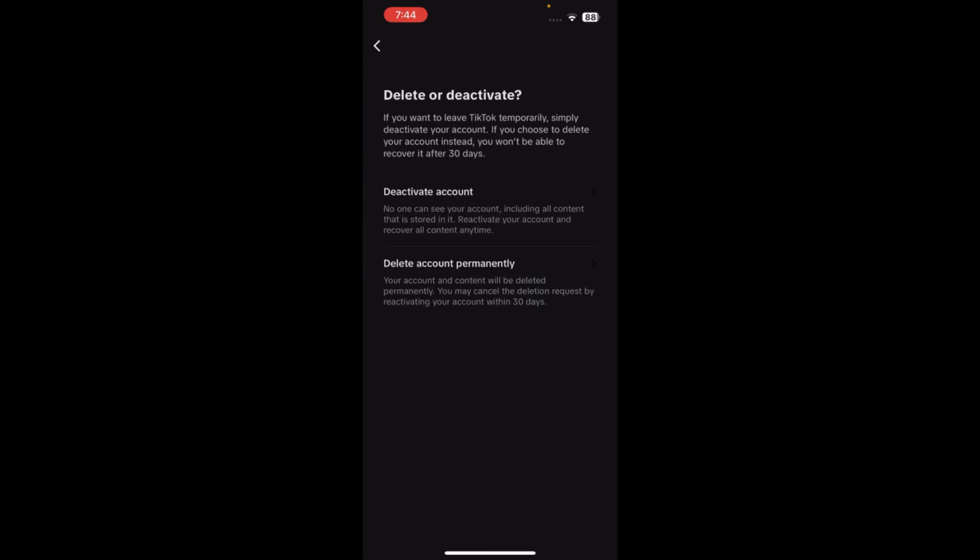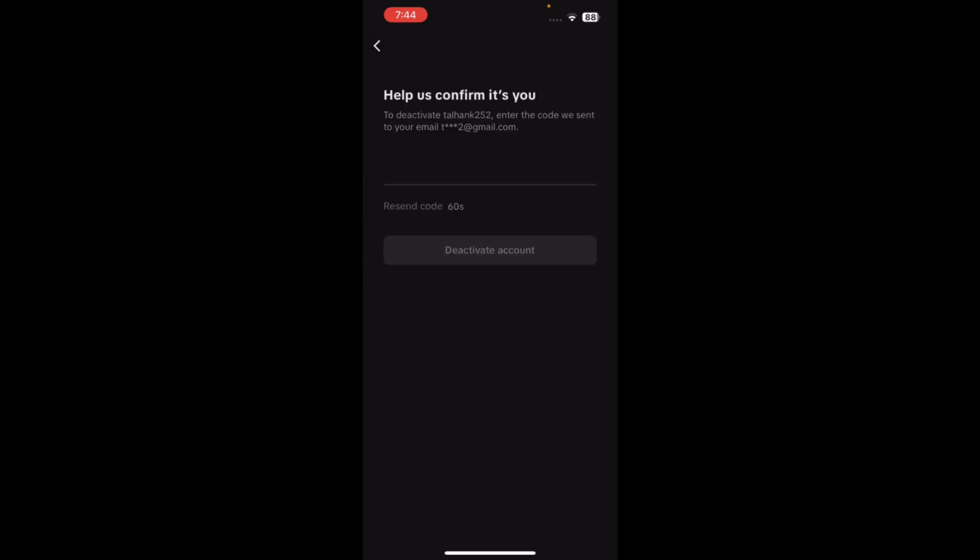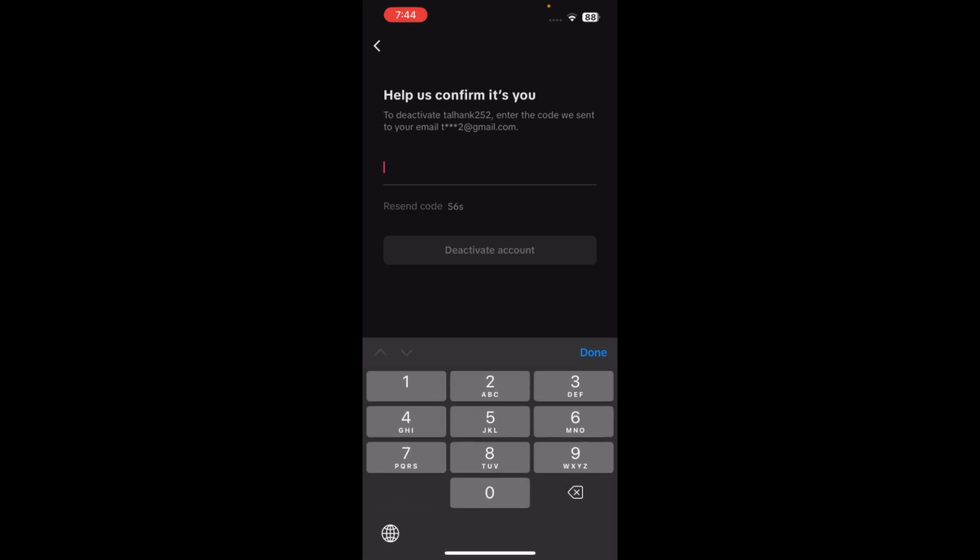Click on this option and you can see the option Deactivate account. Click on this and click on deactivate again. Now a verification code is sent to your email. Just copy and paste it here and then click on the Deactivate account option,